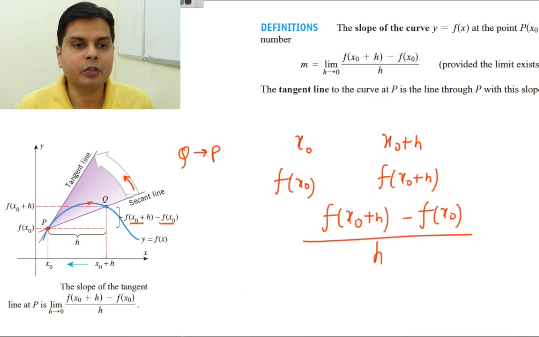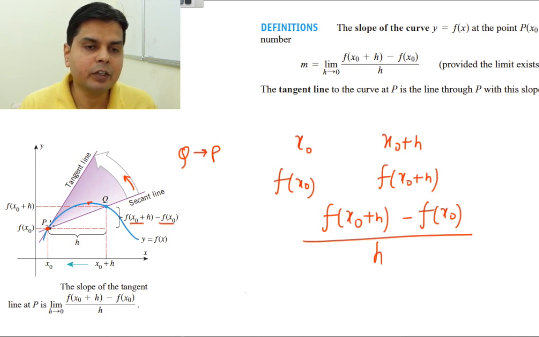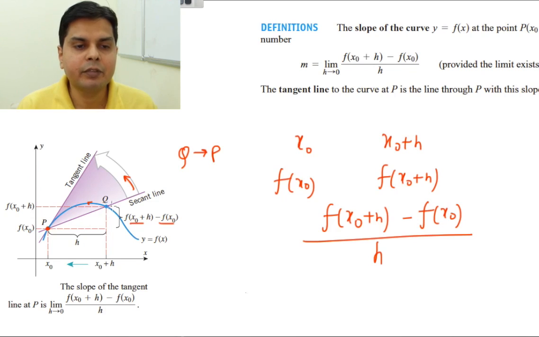So at this juncture, when this line PQ is tilted, and it is tilted in this way so that this Q goes and becomes P, as I shift this point Q closer and closer to P, this secant PQ becomes the tangent line at P. So when this point goes closer and closer to P, what is happening?